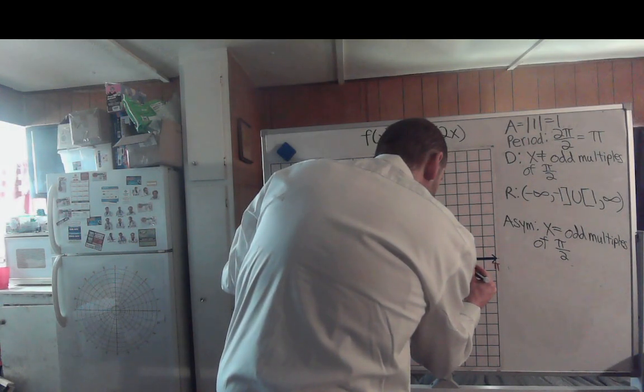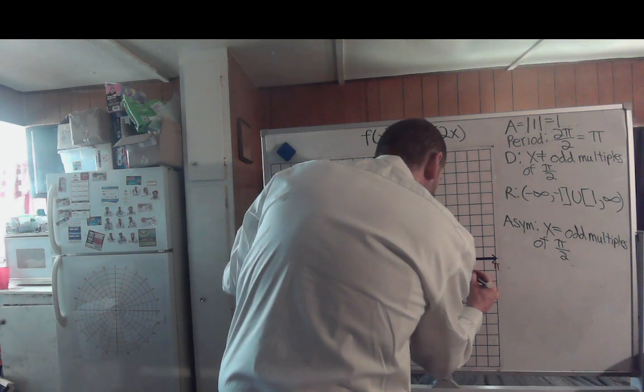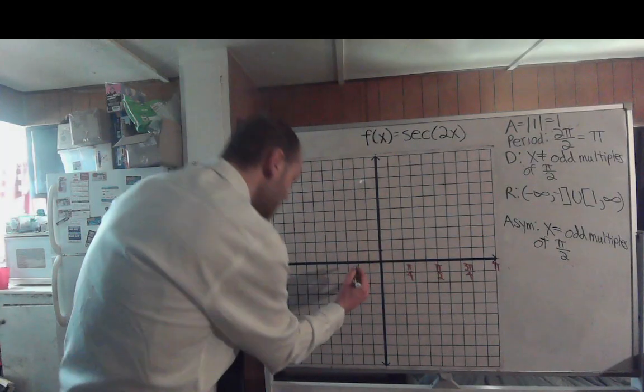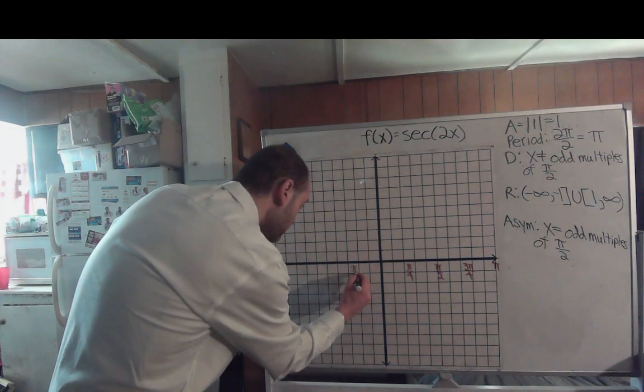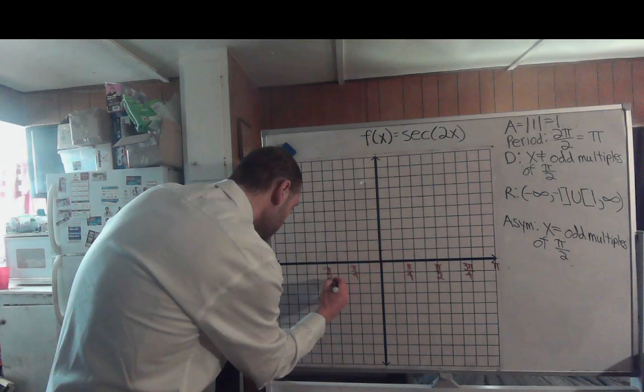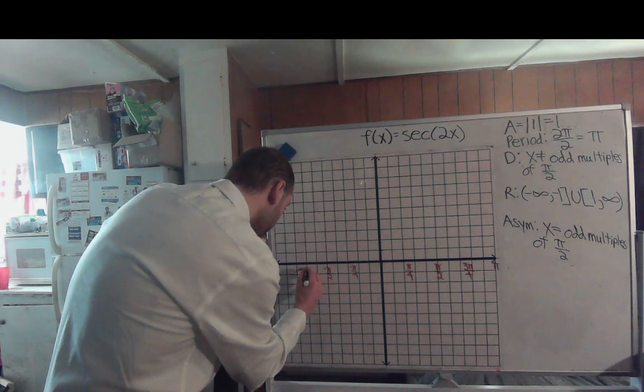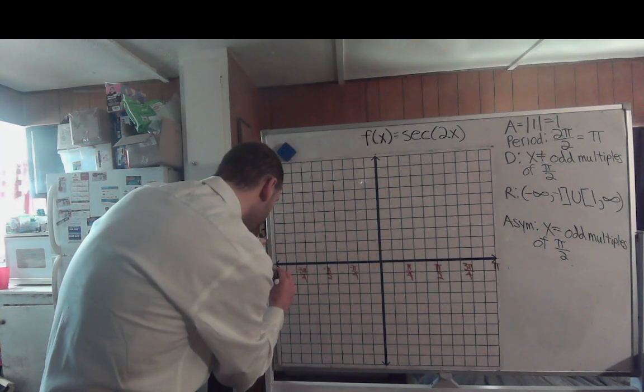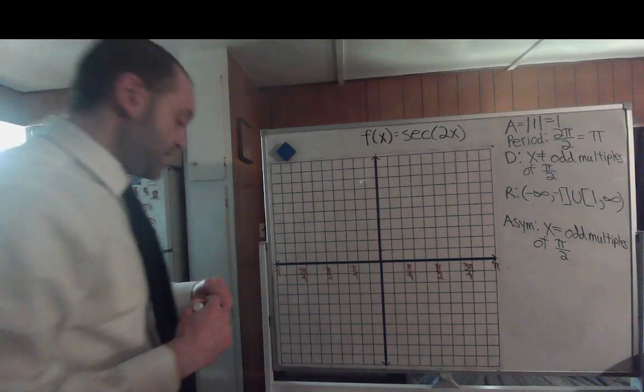So let me label those points on the graph. Here's going to be, let's see, 3 pi over 4. Here's going to be pi over 2. Here's pi over 4. Negative pi over 4. Negative pi over 2. Negative 3 pi over 4. And then negative pi. So the period's changed to pi. Now,